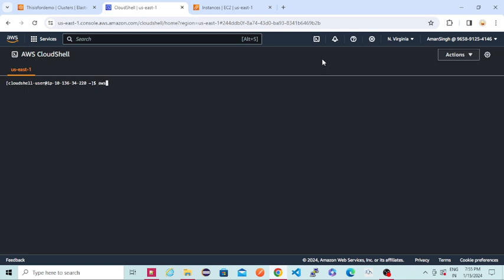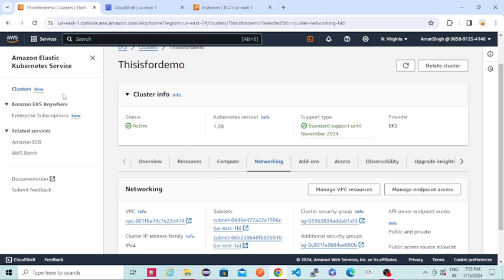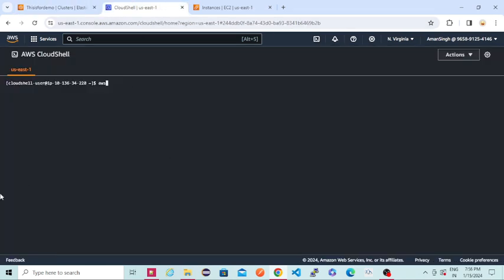then you will be running that AWS. I'll just close this. I'll go here and I'll just type the command